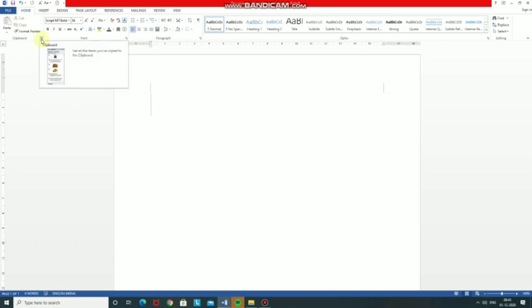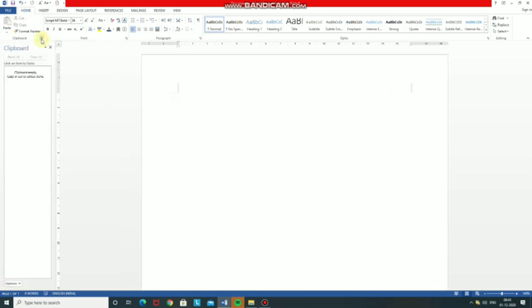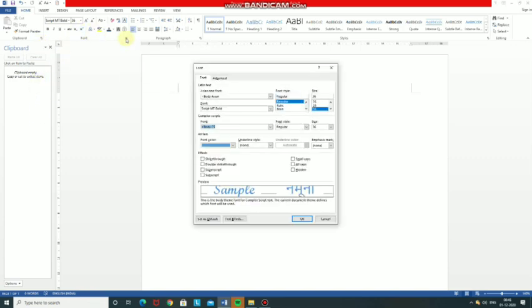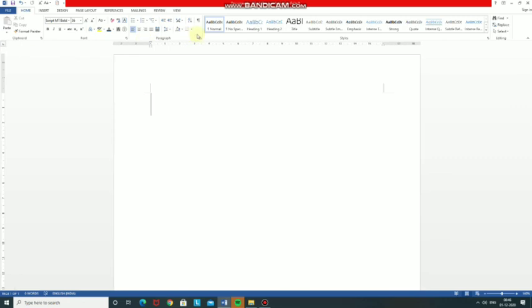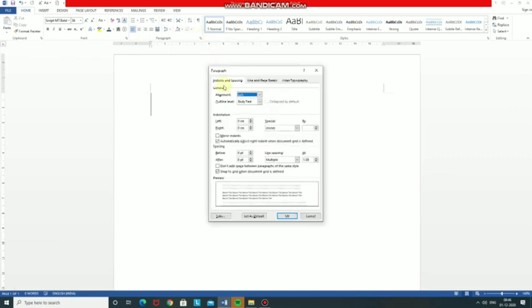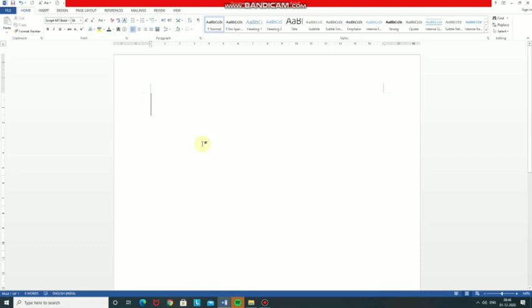If you click on Dialog Box Launcher, then you can see the related options here. See here in the font group. If you click on it, you can see the options related to the fonts. If you click on Paragraph Dialog Box Launcher, you can see the related options of paragraph. So this is the Dialog Box Launcher option.